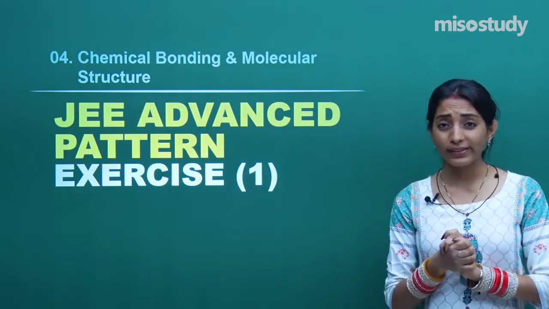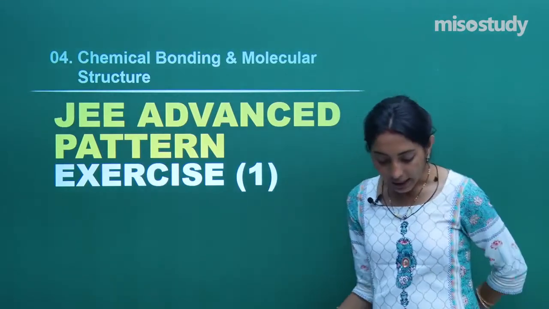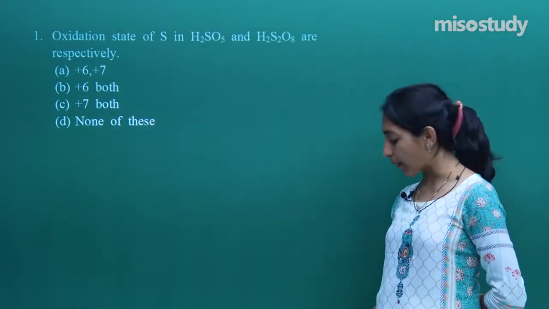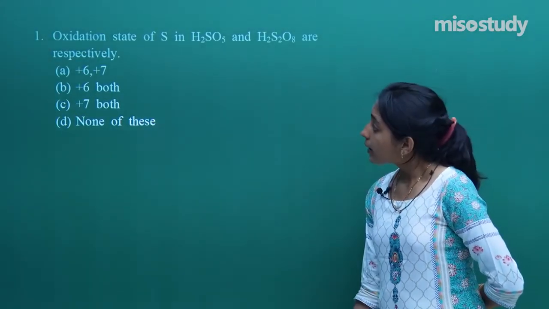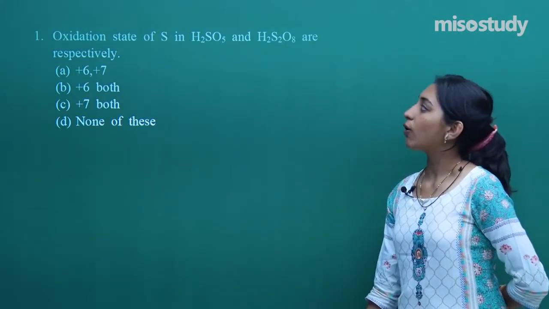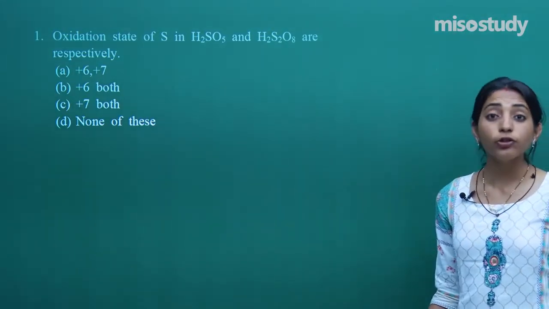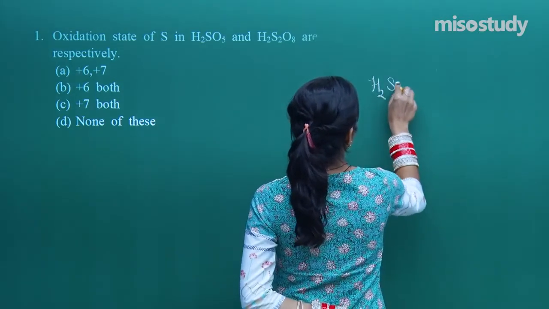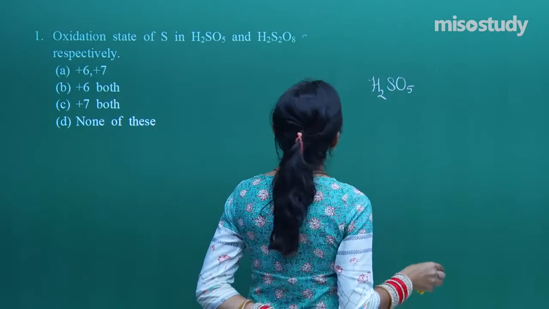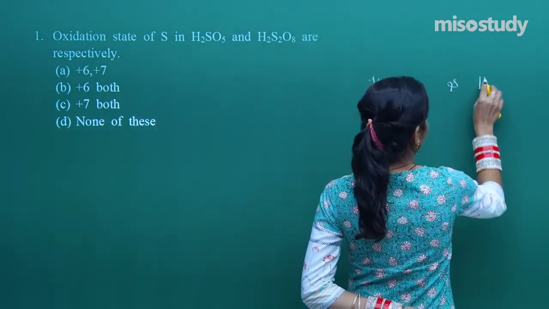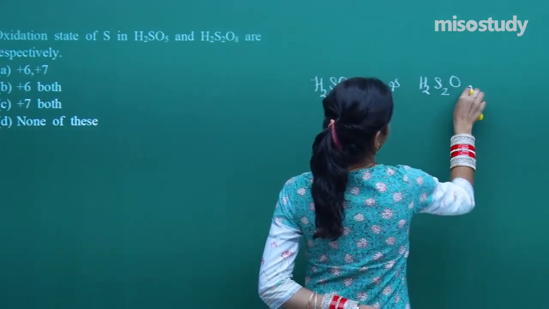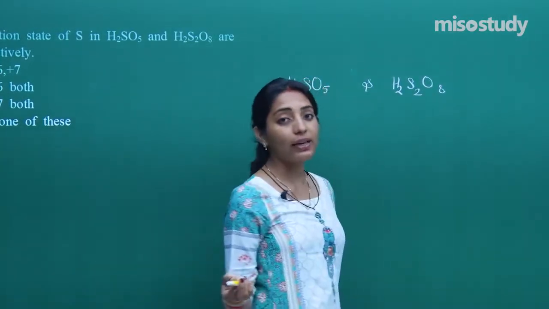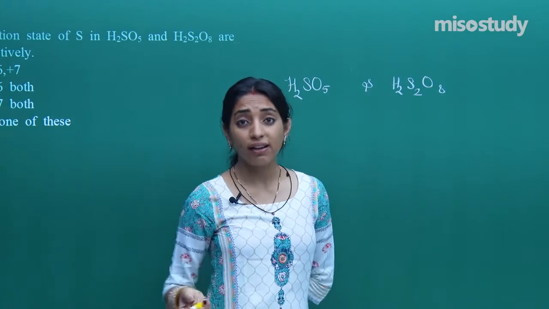So I think without wasting any further time, we should be directly moving on to our first question, and our first question is something like: the oxidation state of sulfur in H2SO5 and in H2S2O8 are respectively. So first of all, we need to do the calculation of oxidation state of sulfur in both the